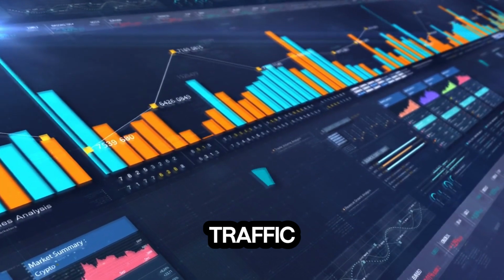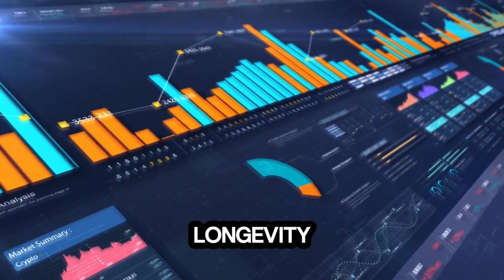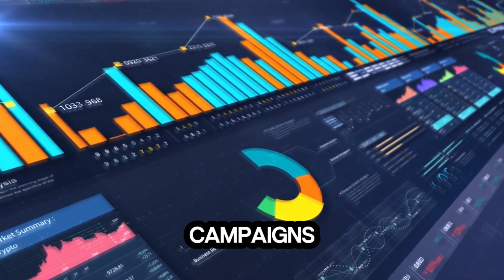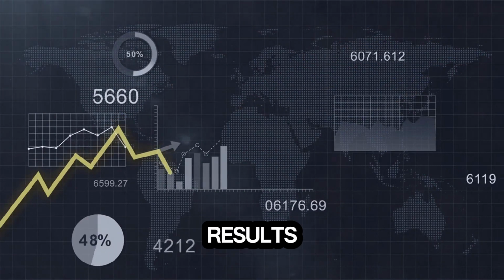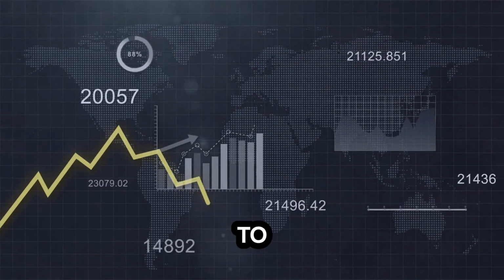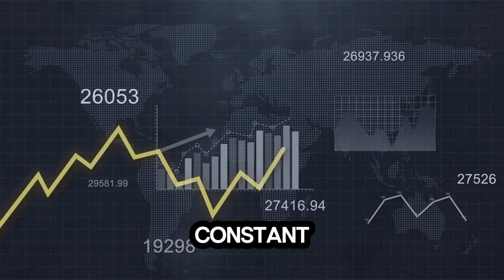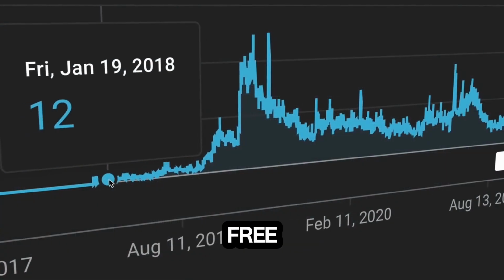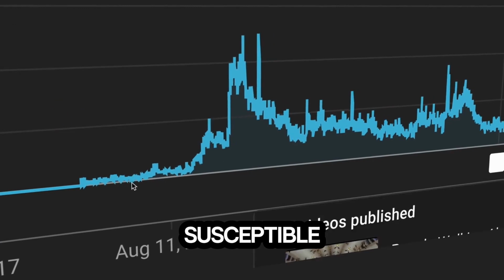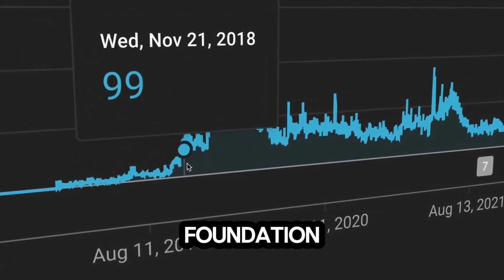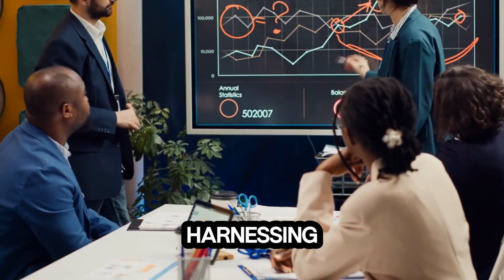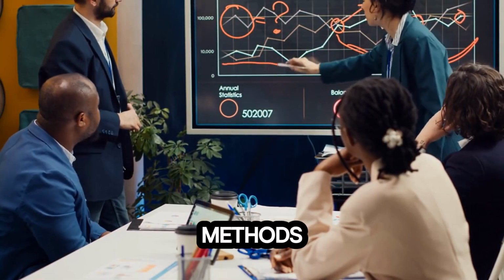Furthermore, free traffic methods offer greater scalability and longevity compared to paid campaigns. Once you've laid the groundwork for organic traffic generation, the results can compound over time, leading to exponential growth without the need for constant investment. Additionally, free traffic methods are less susceptible to market fluctuations and algorithm changes, providing a more stable foundation for your marketing efforts. By harnessing the power of free traffic methods, marketers can